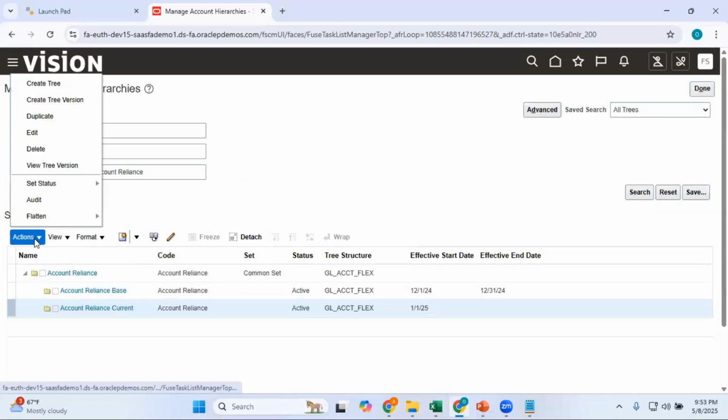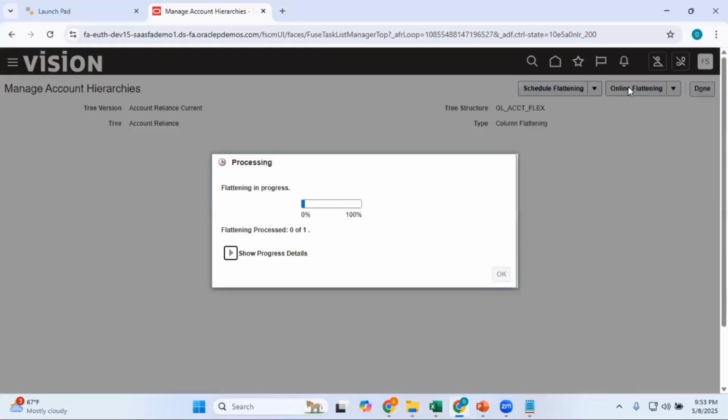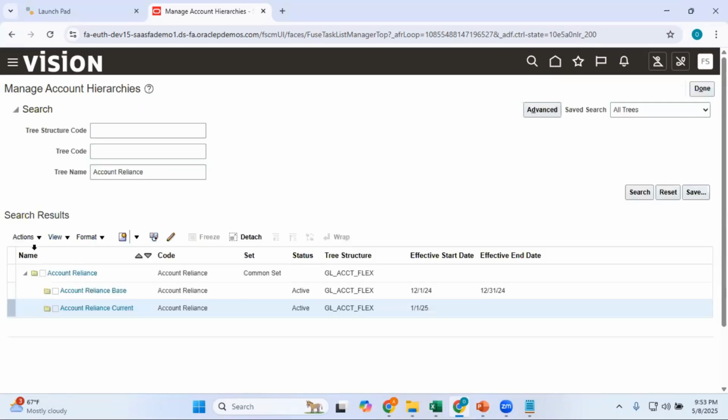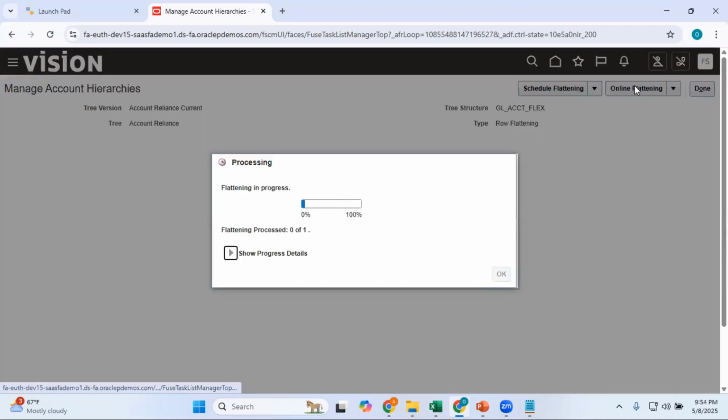Next step would be actions, flatten. So there is something called row flattening and column flattening. So first we'll start with the column flattening. You can say online flattening. So once this is completed, you need to go for row flattening. Basically this row flattening and column flattening are just done to improve the performance of this account hierarchy nodes. Yes, so once this is done, again click on flatten, row flattening, online flattening. Okay, so once these steps are completed, you can go back to your journal entry screen, and in the journal